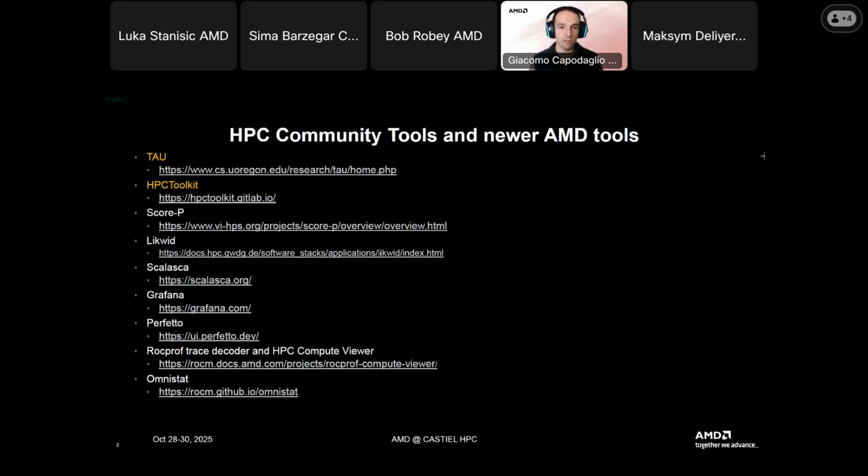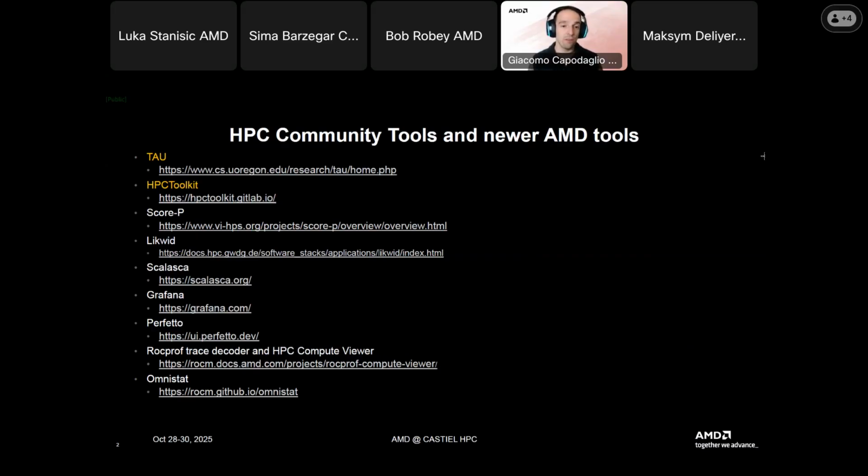Okay, so being more explicit about what I'm going to talk about here, there's a list of tools. The ones that we'll look at in a little more detail are the ones in orange, so Tau and HPC Toolkit. Tau is developed at the University of Oregon here in the United States, and